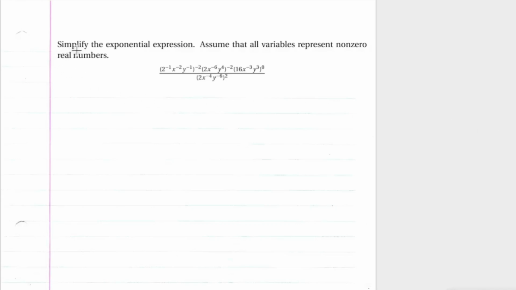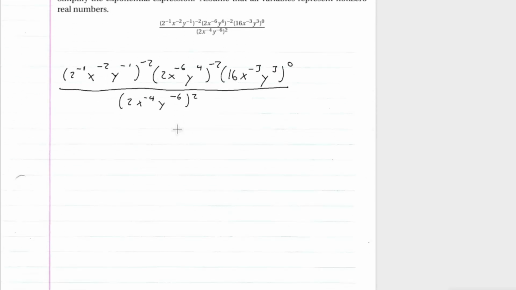Okay, so we want to simplify the exponential expression. We're going to assume that all variables represent non-zero real numbers of this expression here. Here's the expression. So we know this is equal to, so we have -2 times -1, so that would be